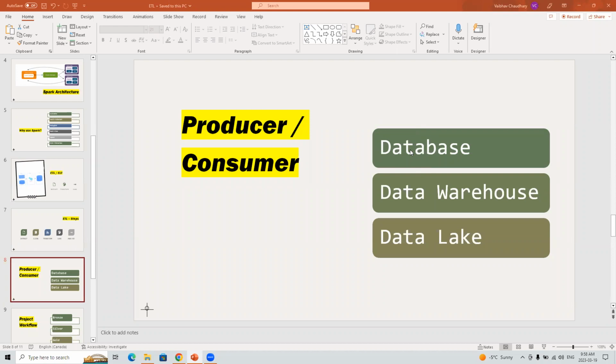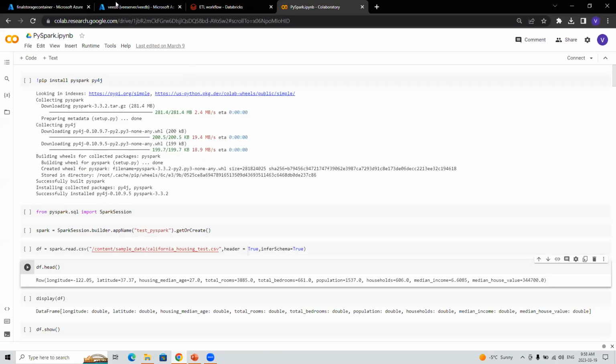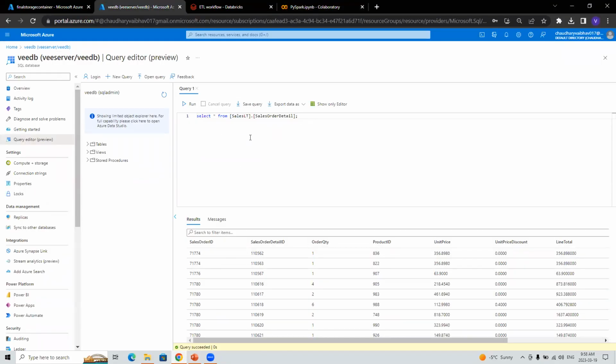I'll just explain one more time, because you guys are right about the database. I have this database here. I'm using SQL DB, the SQL database on cloud, Azure. And this is a database having data tables. I'm just using the select query to get the data.